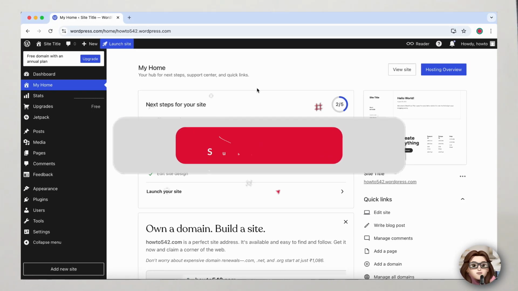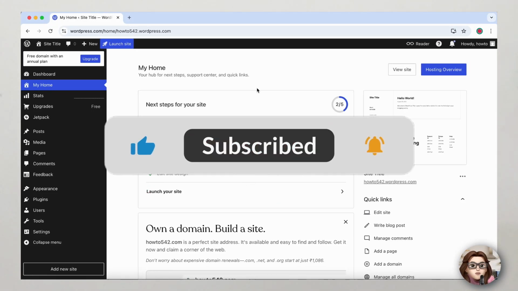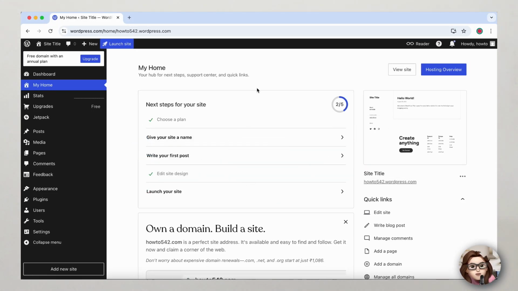Want to make your WordPress site stand out? In this quick guide, I'll show you how to edit your WordPress header to update your branding and give your